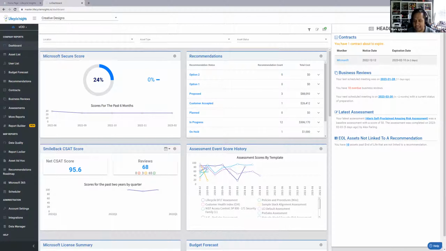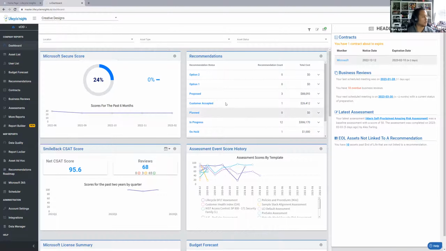There are 3 components to set that budget, and we're going to cover those today. First and foremost is assets, secondly is contracts, and thirdly is recommendations. We're not going to deep dive on recommendations because it has its own week on week 4. Week 3 next week will be all about assessments. Any questions so far as budgets and asset list and data cleanup? I'll take that as a no. No questions. I like it.